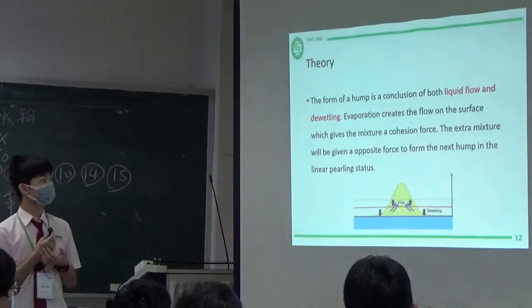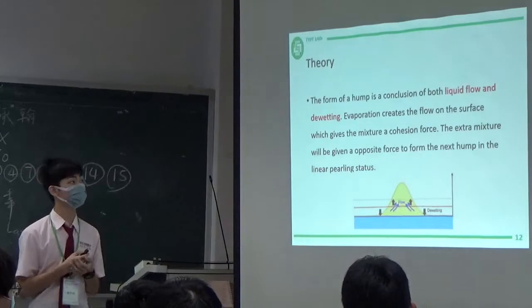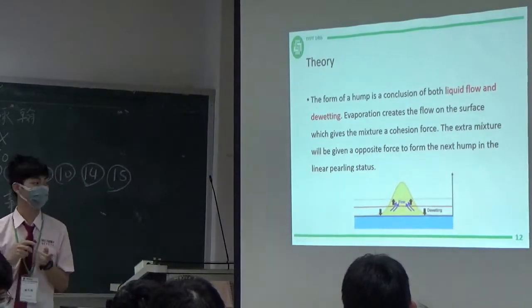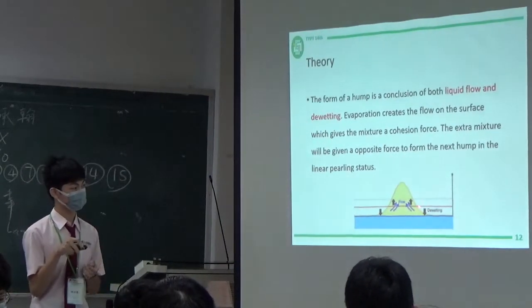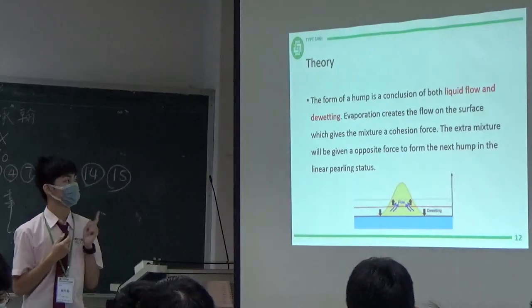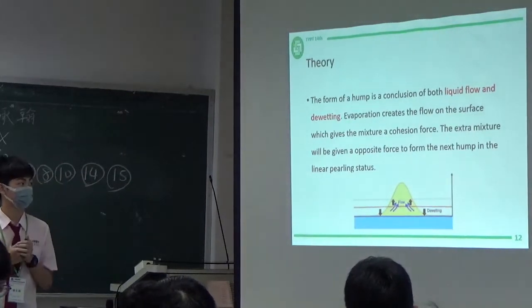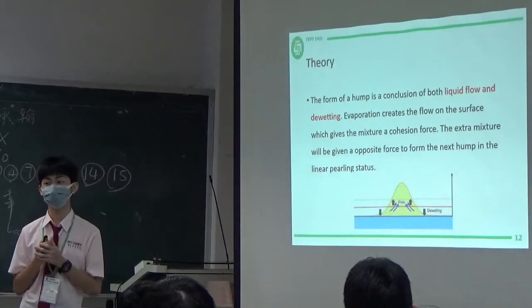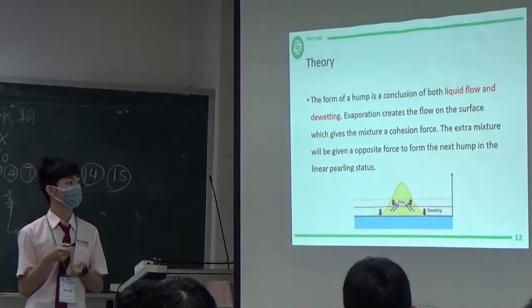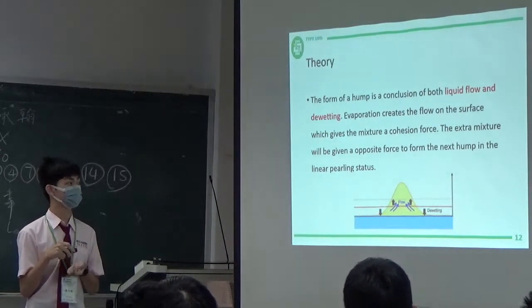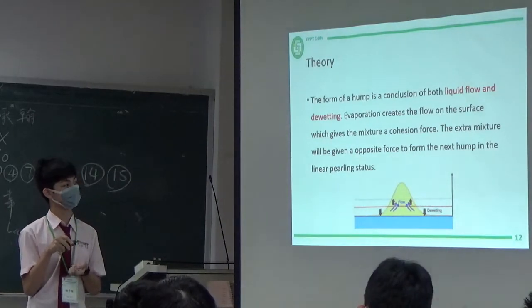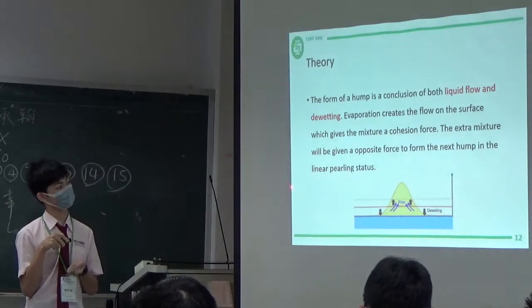So the formation of a hump, we think, is a combination of both liquid flow and dewetting, where the flow brings it up and dewetting brings it down. Evaporation creates the flow on the surface, which gives the mixture a cohesion force to form this flow. The mixture will be given an opposite force, like for dewetting, so the next hump will be formed in the linear curling status